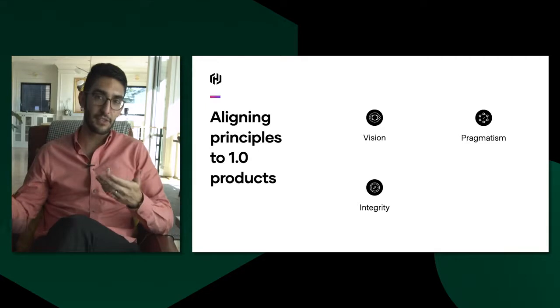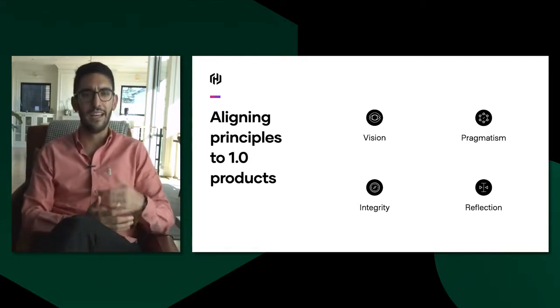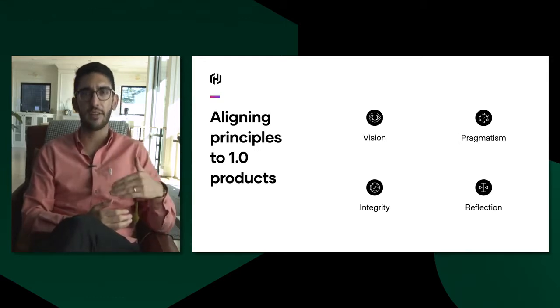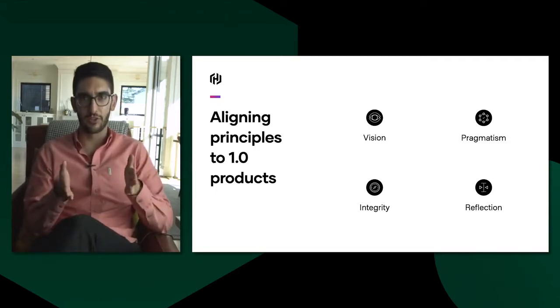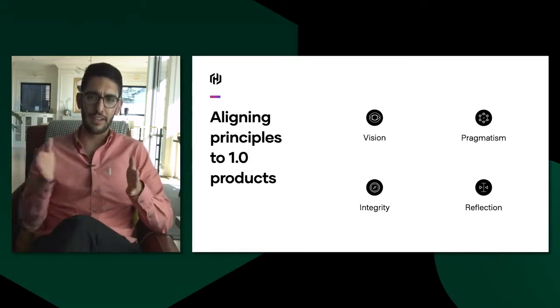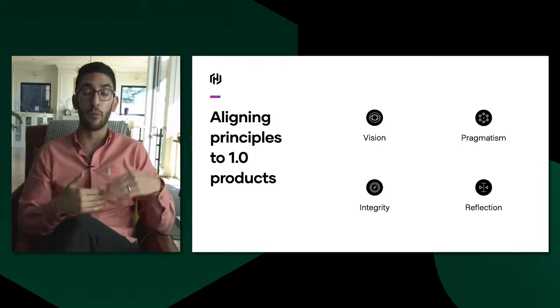And I think the last piece of it is reflection, right? Reflection is a huge part of our principles, which is how do we actively challenge ourselves? And to Mitchell's point, with every release we ask ourselves, is this 1.0 ready? If not, what else do we need to do to incrementally get there? We have to actively reflect and ask ourselves, are we ready? If not, what should we do differently? Where do we need to focus and harden it?